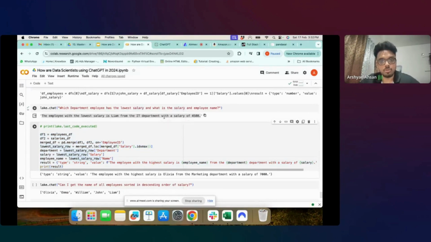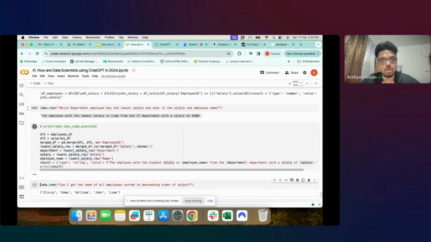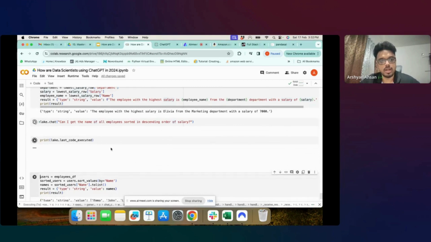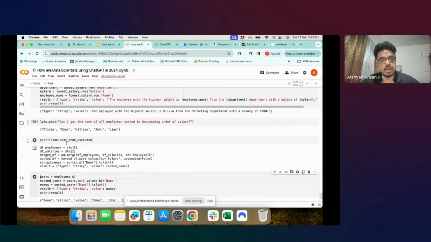ठीक है, उसी में आप अगर मिनिमम की जगह पे मैक्सिमम देखना चाहते हो, तो फिर आप यहाँ पे रिवर्स कर लो, आईडीएक्स मैक्स कर लो और द एम्प्लॉय विथ हाईएस्ट सैलरी कर दो. तो इससे आपको हाईएस्ट पे मिल जाएगा, राइट? एंड कैन आई गेट नेम ऑफ ऑल एम्प्लॉय सॉर्टेड इन डिसेंडिंग ऑर्डर ऑफ सैलरी. तो ये भी आपको मिल जाएगा कि इसमें क्या हो रहा है, राइट? एंड इसका कोड कैसे चल रहा है वो भी मिल जाएगा आपको कि अच्छा, डिसेंडिंग ऑर्डर ऑफ सैलरी में लोगों का नाम जानने के लिए दिस इज द कोड दैट आई नीड टू रन.